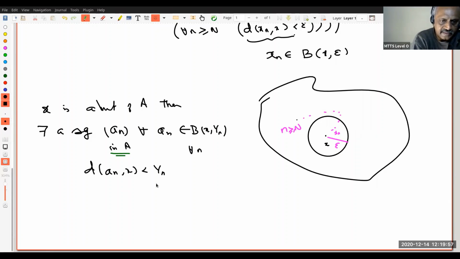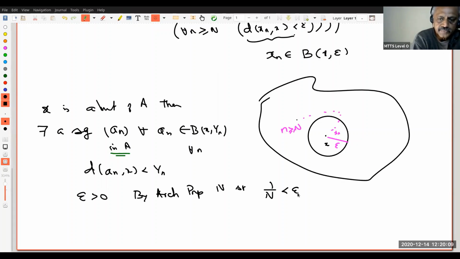Why does a_n converge to x? Because if you give me an epsilon positive, by the Archimedean property, there is a natural number N so that 1/N will be less than epsilon. Therefore, if n is greater than or equal to N, you can see B(x, 1/n)